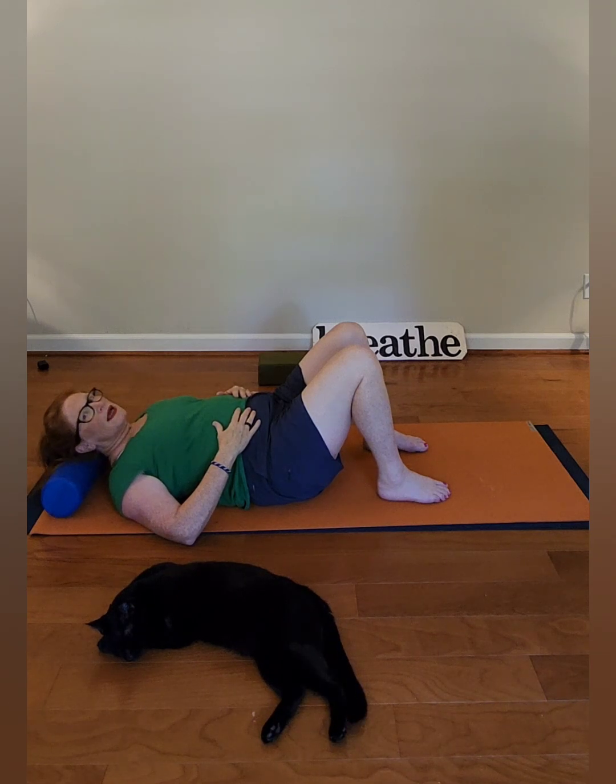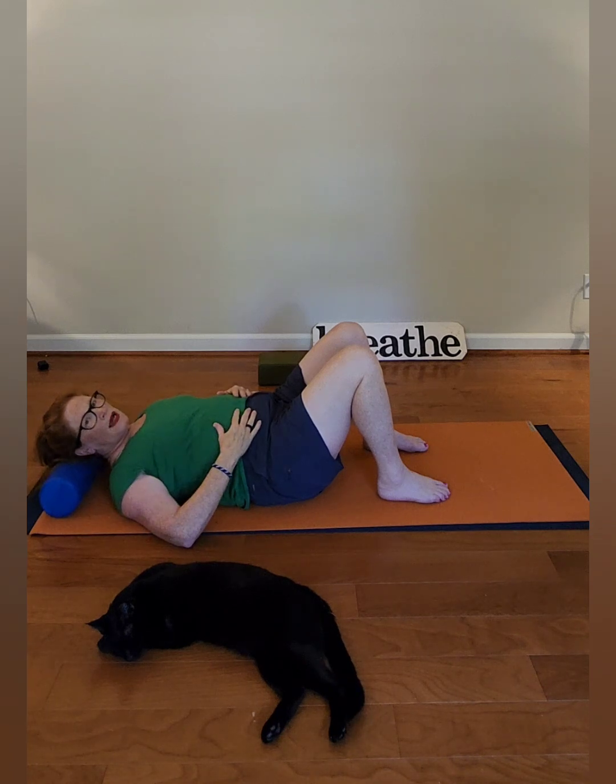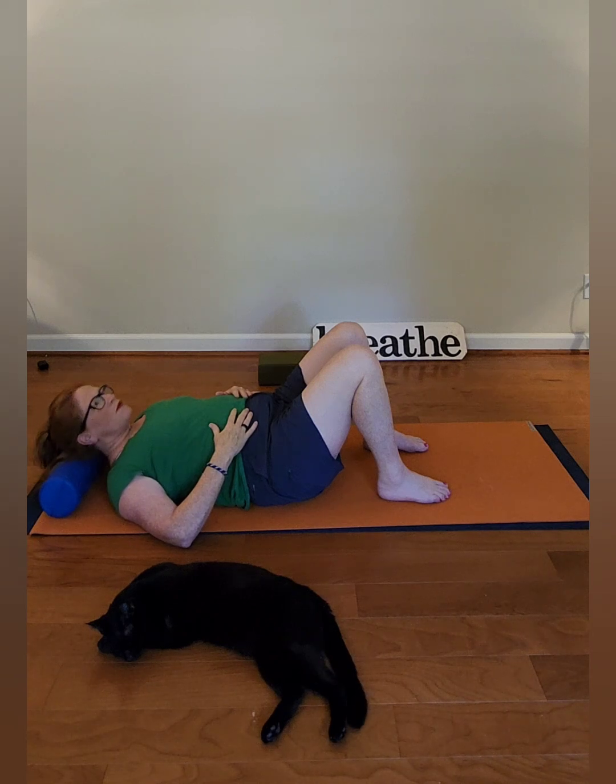You can turn the head into the same thing, so it's more angled. Remember, if you don't have access to some movement in your neck, then your body's holding yourself stiff or still in some position. Bring your head center. You can turn your head to the other side. You want to have good range of motion in that neck,